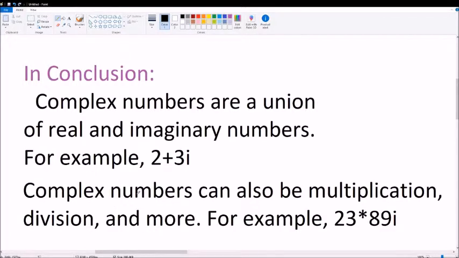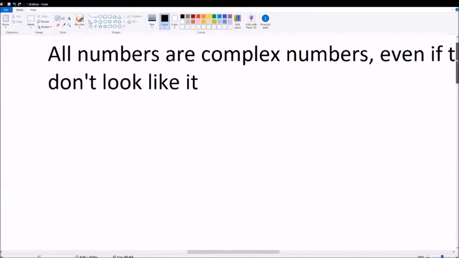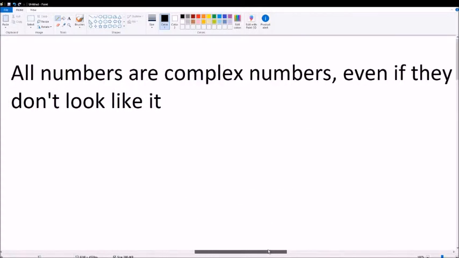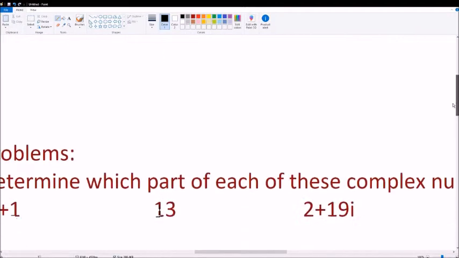For example, 2 plus 3i. Complex numbers can also be multiplication, division, and more. For example, 23 times 89i. Now to solve some problems. All numbers are complex numbers, even if they don't look like it. Okay,